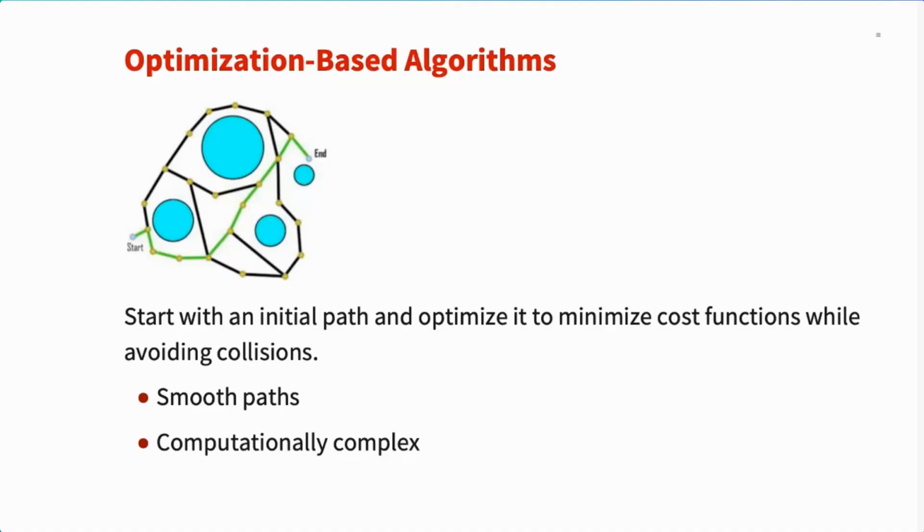So for this reason, algorithms such as CHOMP, the covariant trajectory optimization, and STOMP have been developed to compute the final trajectory as a solution of an optimization problem. So they consider a cost function with various constraints. This means that the main disadvantage of these optimization-based algorithms is that the planners turn out to be computationally complex. So they grow considerably in time compared to sampling-based algorithms, making them have longer planning times and